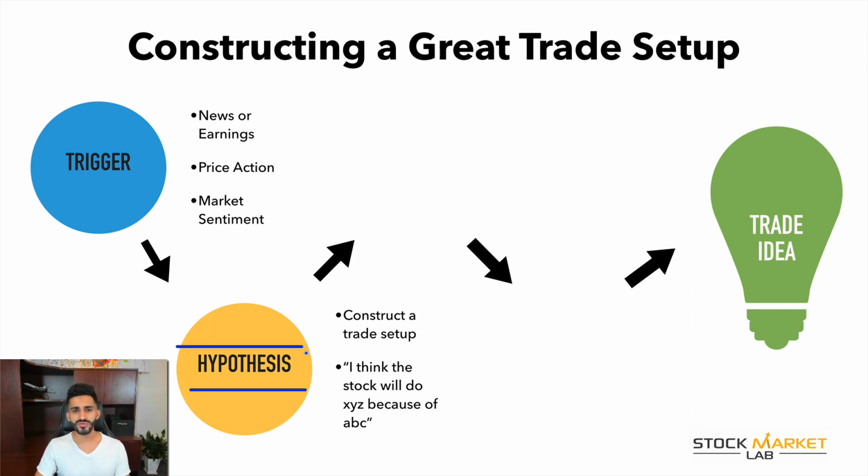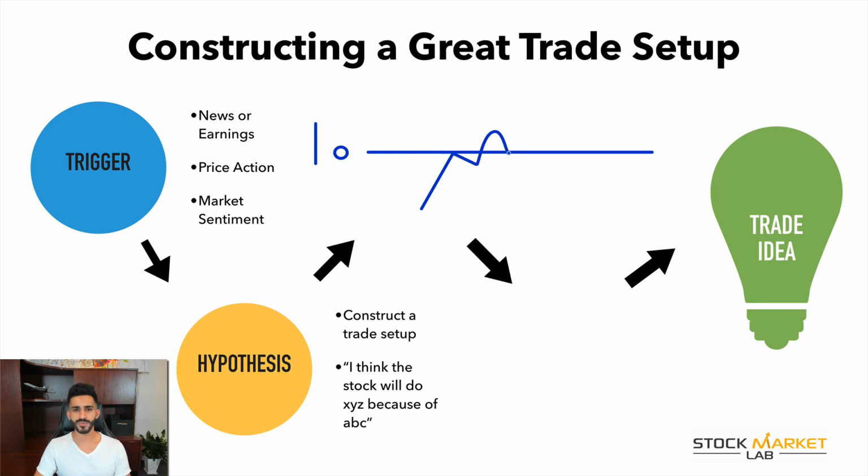Now, I don't want you guys to ever say, I think the stock is going to go up 100% or I think the stock is going to go down 100%. Eliminate that. How we're going to construct our trade setups is, if stock ABC can break $10, right? If it can break this level, and I'm going to go over price action in the upcoming lessons and break down more and more pieces. If stock ABC can break $10 and if it can do X, Y, and Z, and I'm going to leave X, Y, and Z blank for now just so we can fill in the pieces later. If it does X, Y, and Z, I will then buy,